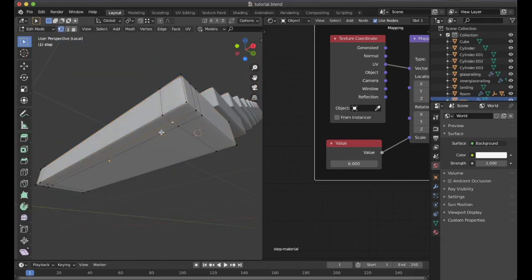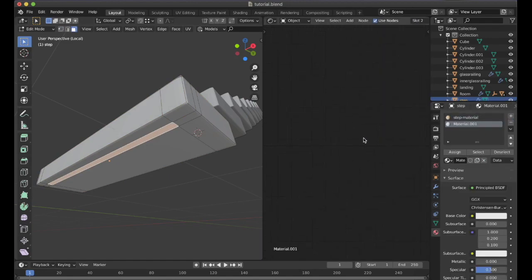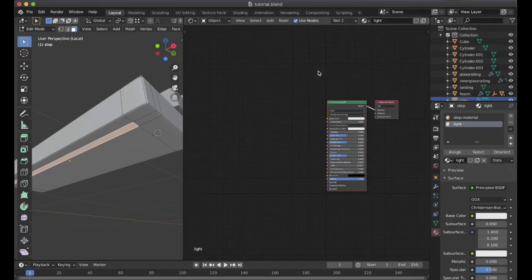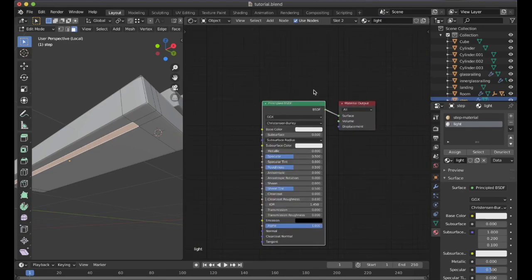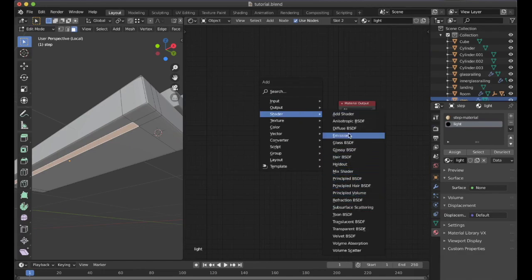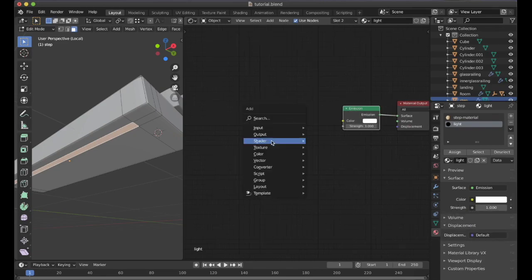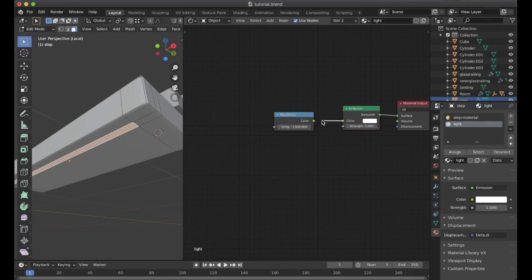Then I'll go into the edit mode. Over here I will use a face select option, and then in the materials I will add a new material. Press a new material and then give it some name, that is light maybe. And in the node setup, we are going to give it an emission shader, which will allow us to give a proper amount of lighting to it. I will plug that into the surface option, and then I'll use the black body node for more accurate values.